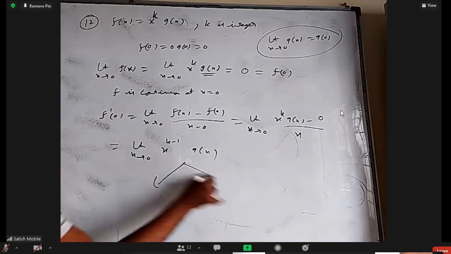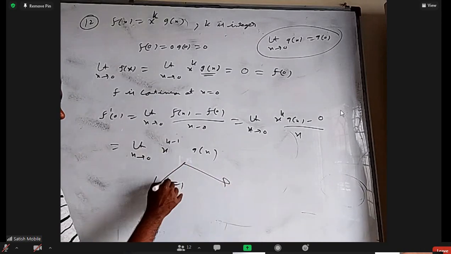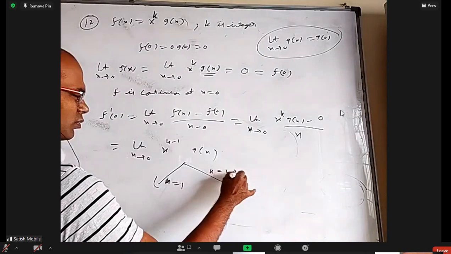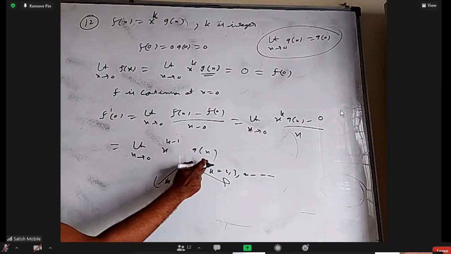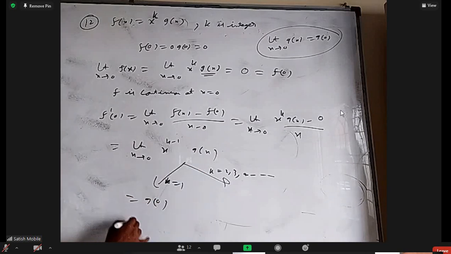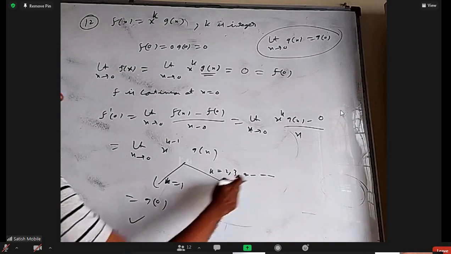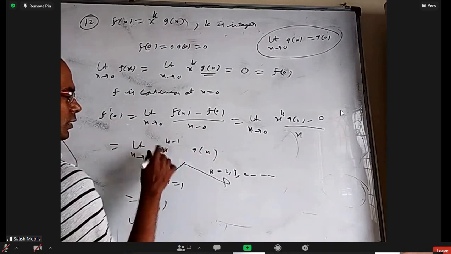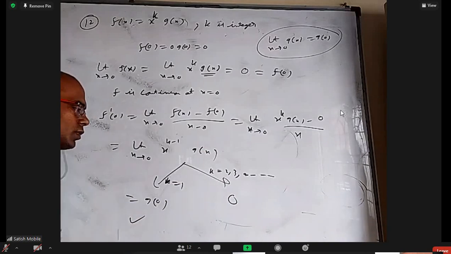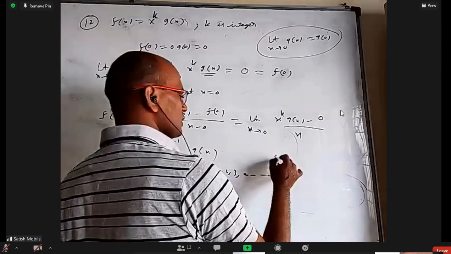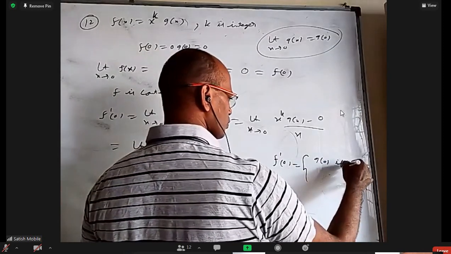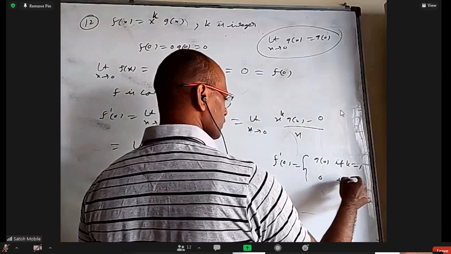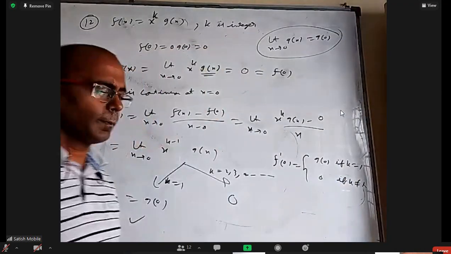Now we have to take two cases. K is an integer: k equal to 1 separately, and k equal to 2, 3, 4, and so on separately. When we take k equal to 1, the x power is completely gone. Nothing wrong, the limit will exist, and it will be g of 0. F dash 0 exists, so it is differentiable, no doubt. When you take 2, 3, 4, and so on, x is still there, and 0 into anything will be 0. So that is exactly this: f dash 0 equal to g of 0 if k equal to 1, and 0 if k is not equal to 1, any other integer.